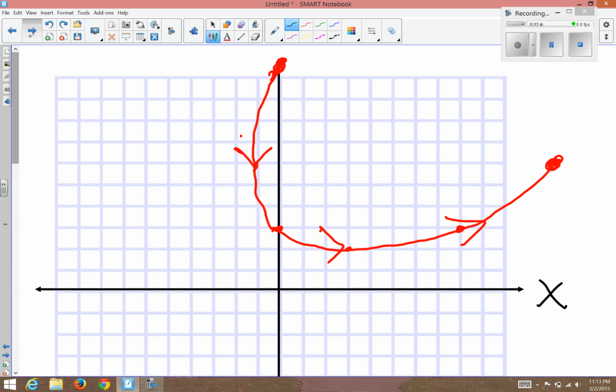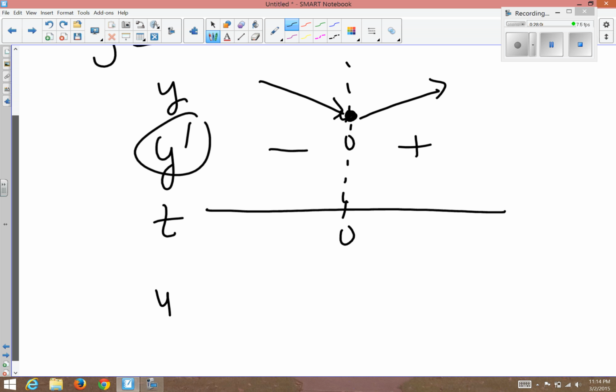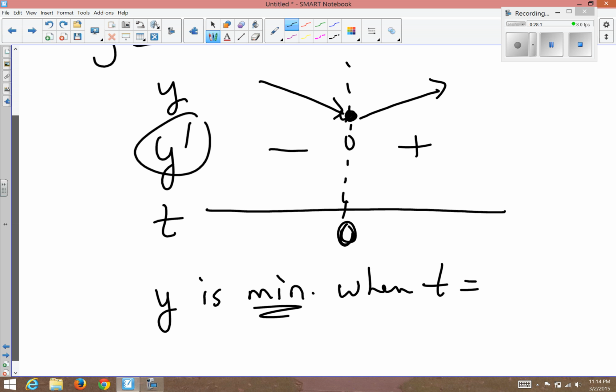And you'll see that you get a negative. Plugging a number bigger than 0 into y prime, you get a positive. So this is evidence that y decreases. This is evidence that y increases. Y is minimum. In other words, the curve is at its lowest point when t equals 0, because y prime changes from positive